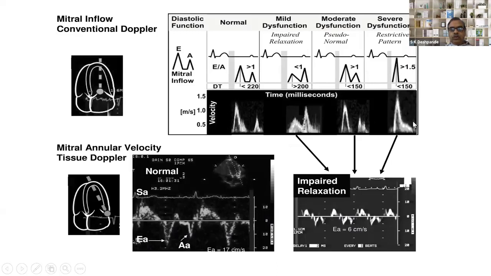The same is shown in the echocardiography, and here is the probe. This is the Doppler probe. Now what happens? This is the volume. So this is the preload, which is seen.